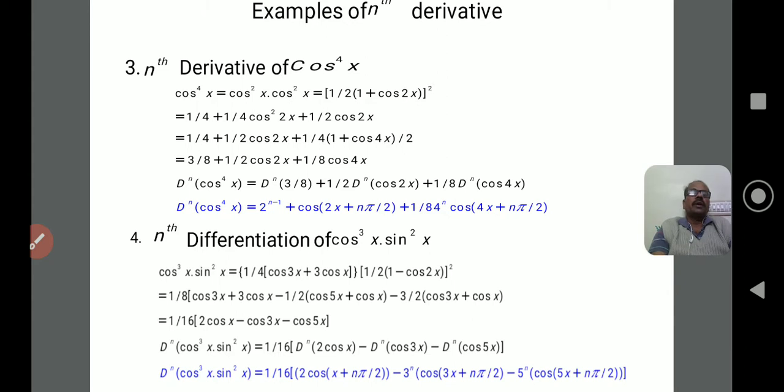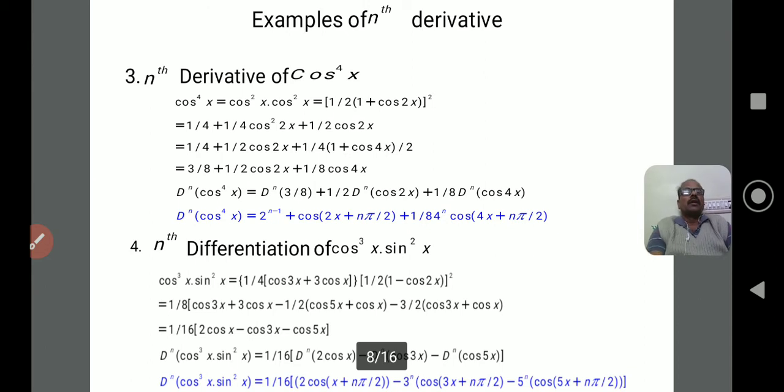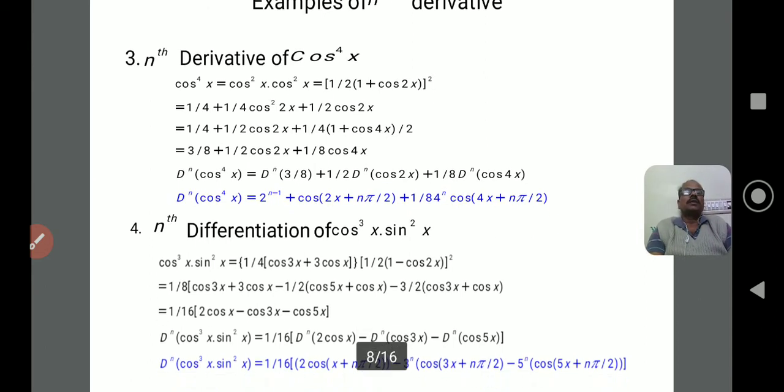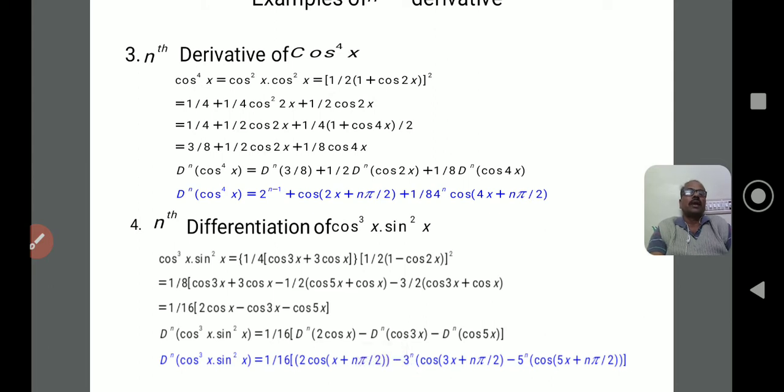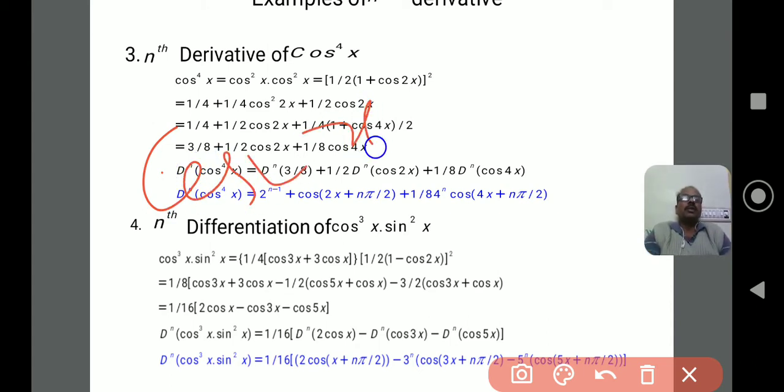We can take algebraic and trigonometric functions like cos x, or e power ax into sin ax, or e power ax into cos ax. But here it is mentioned cos to the power of 4x, it is not a cos x term. One more thing you should remember, in the second PU we learned many trigonometric formulas related to transformation formulas, multiple angle formulas and so on. We have the formula for cos ax plus b or sin ax plus b, but in this case it is cos to the power of 4x. Okay, but we have the multiple angle formulas.